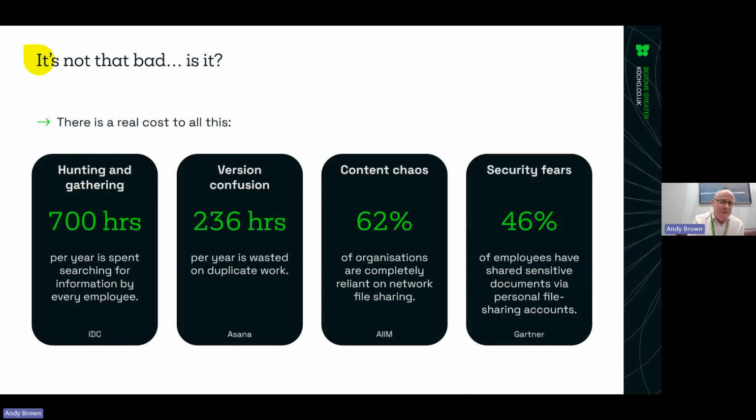And all of this potentially creates a kind of shadow IT challenge that we've seen for years and years that still hasn't necessarily gone away. If employees don't necessarily know the right way to do things, they sometimes do it the wrong way. And we see all kinds of file sharing going out through the wrong channels, etc. So these are just some of the common metrics that we see out there. But ultimately, the answer to a lot of this is something that has been known about and has been deployed for a long time, the concept of document management.